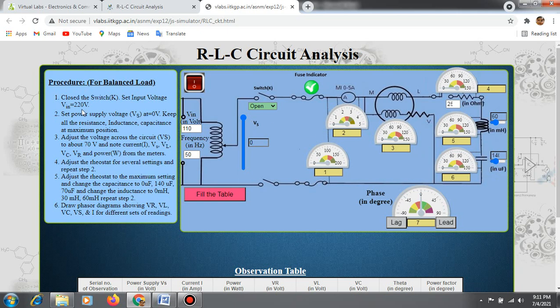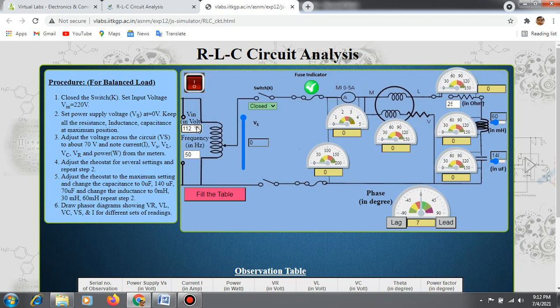Now our first step is to close the switch K and set the input voltage Vin equal to 220 volt. First you have to set this switch to close. Click this drop down menu and select closed. Then you have to vary the Vin voltage to 220 volt as per our procedure.